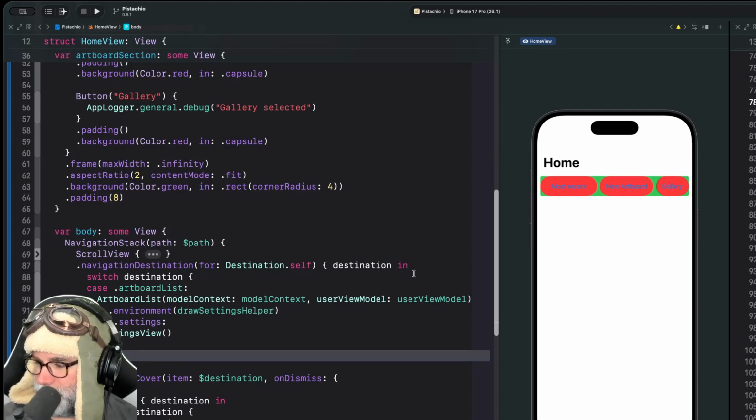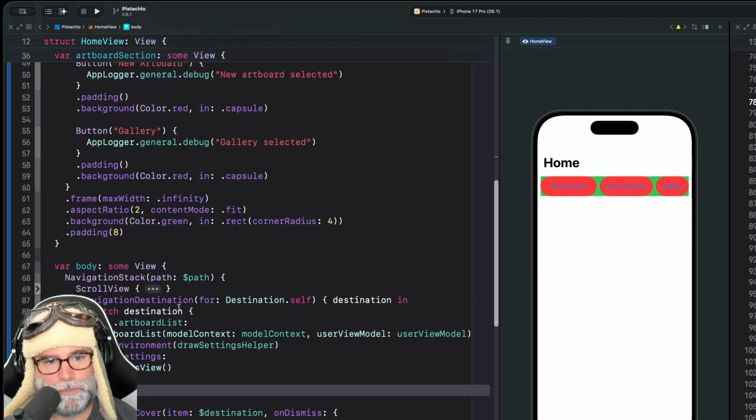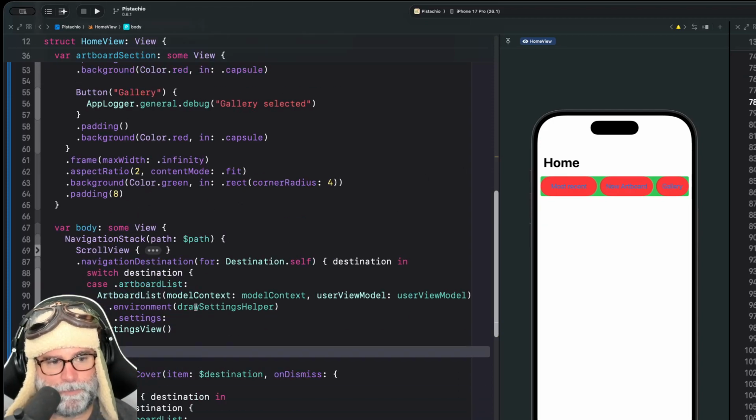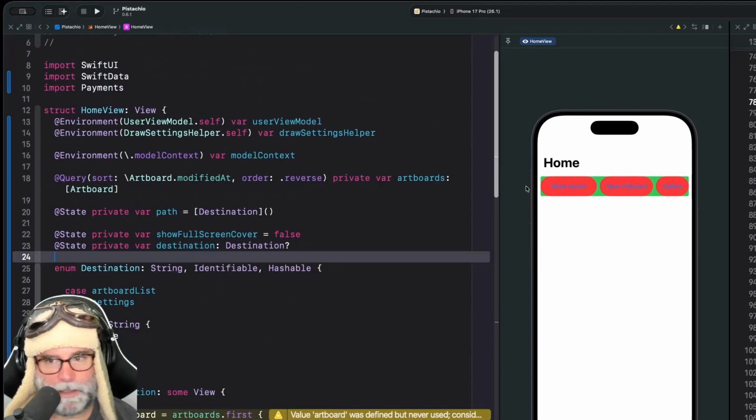True, sheets can be dismissed though. Can a full screen cover be dismissed? Yes. You just have to. I think iOS 26 provides something, but for us, we're going to have to actually add something to call dismiss on it. And even then on an artboard list, we would need to